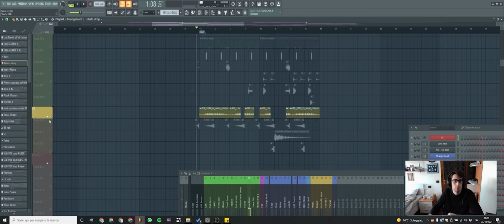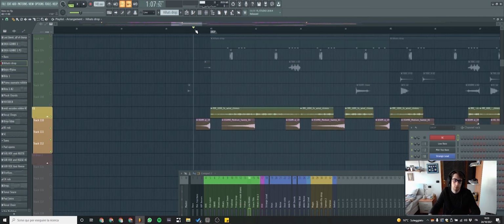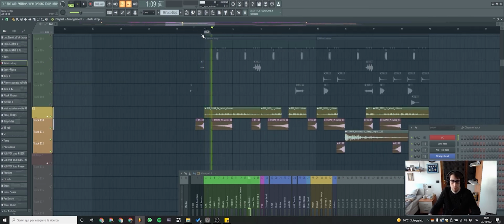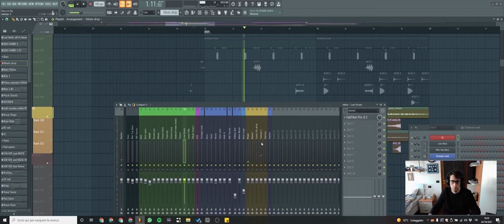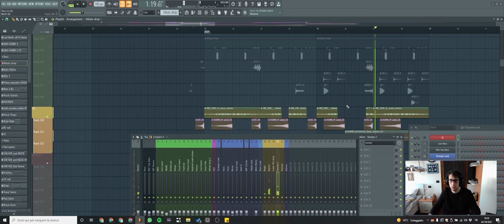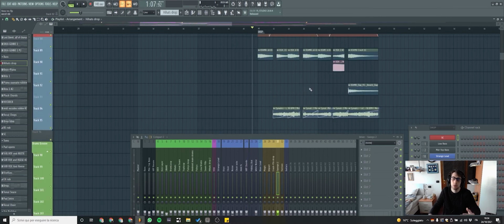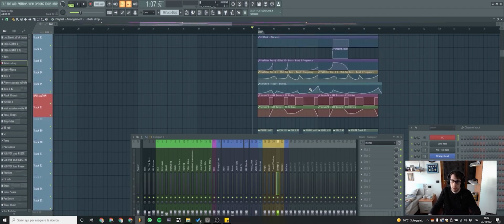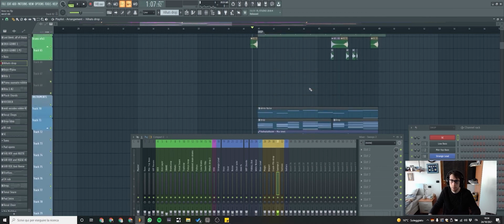Let's go on with the final part, the effects. So here we have really not so much going on. Some chimes and some sweeps, nothing more. And a little impact here on the strange effect with the LFO. So that's all for the first drop. I think there aren't other elements.